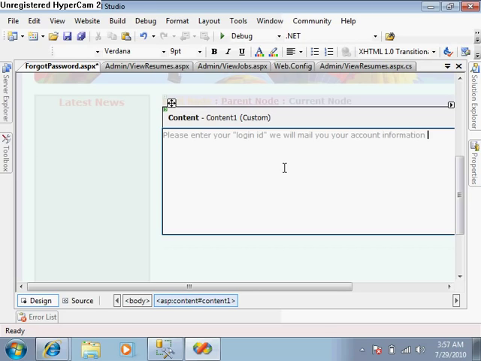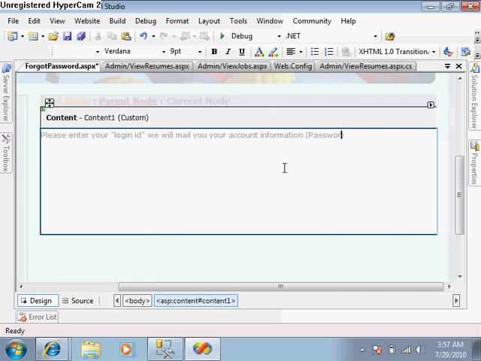Now what we will do is, whenever some user enters his login ID in the text box, we will take this ID and retrieve the information from the database according to this login ID. We will retrieve the password and his mail ID, and this password is sent to the mail ID. So first of all we have to retrieve the information from the database. As the database operation comes again,